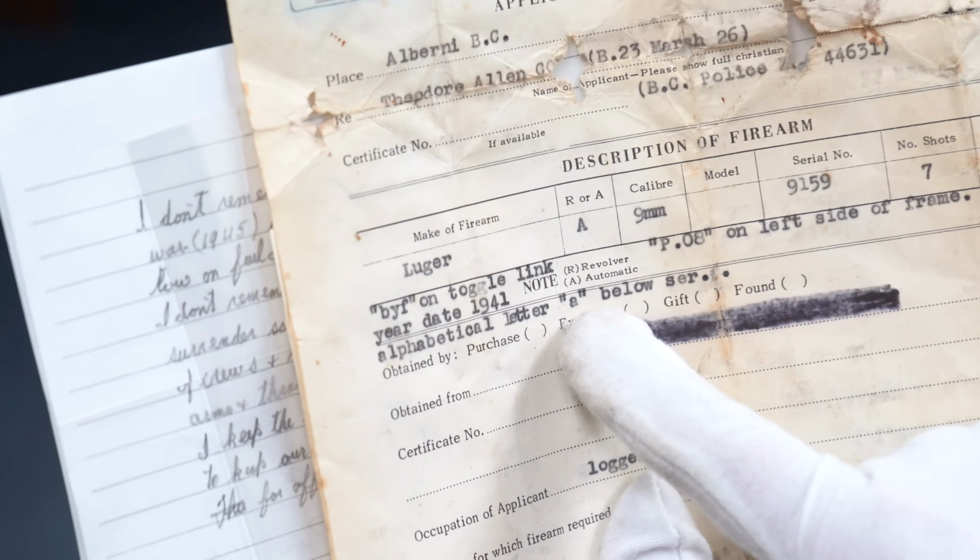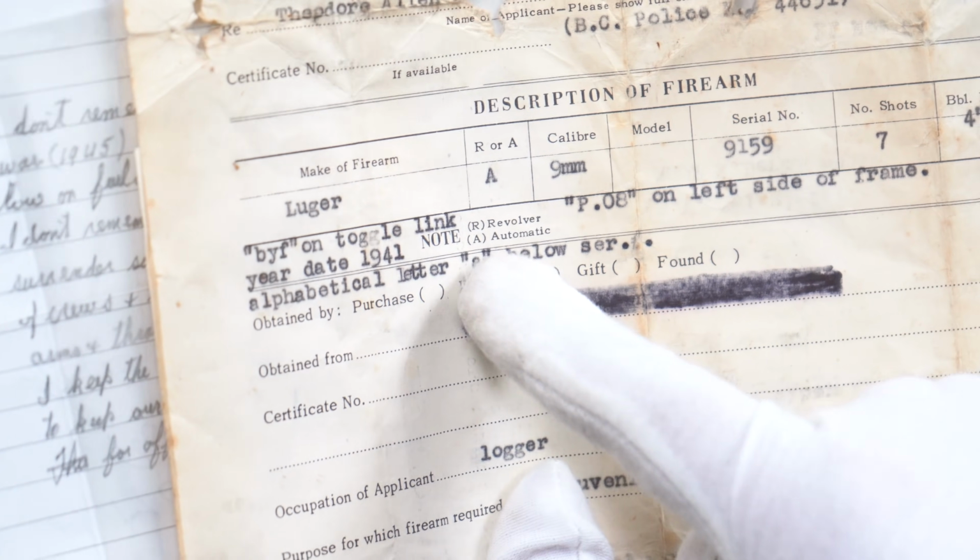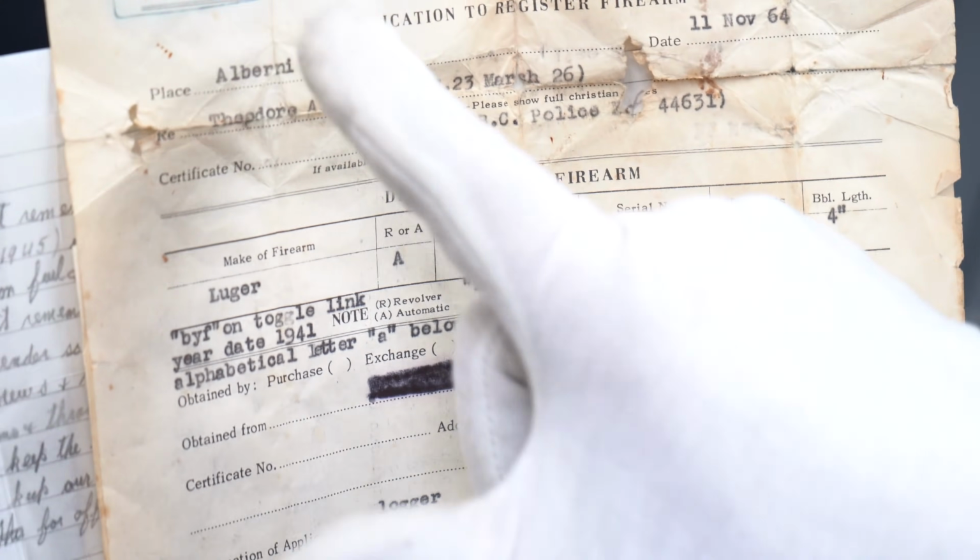Serial number has an A. It's actually a Q. I mentioned that. He's still a logger. But this is 1964. So probably the Canadian government said, just in case you didn't register your firearm, it has to be registered, or when you die, it has to be destroyed. And so maybe he forgot, or I don't know what happened, but he went down and registered it a second